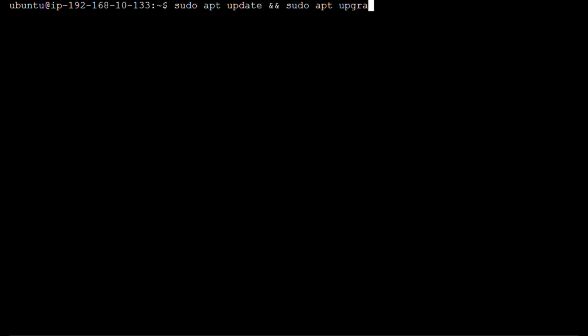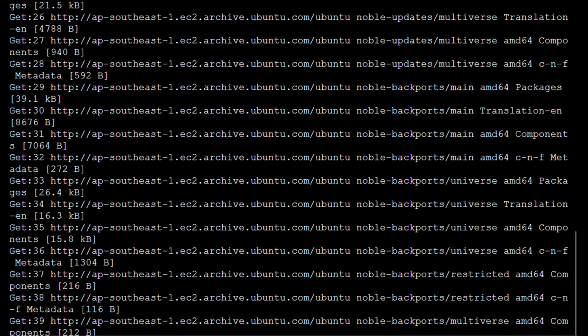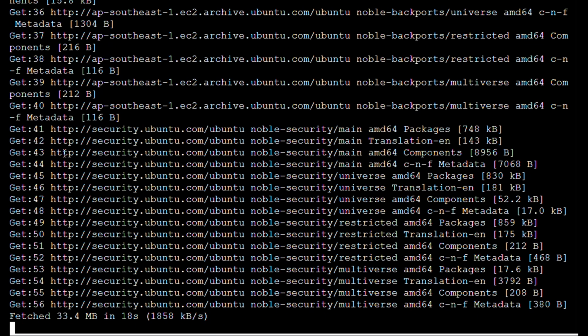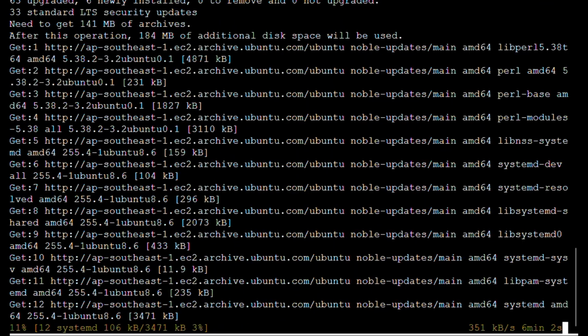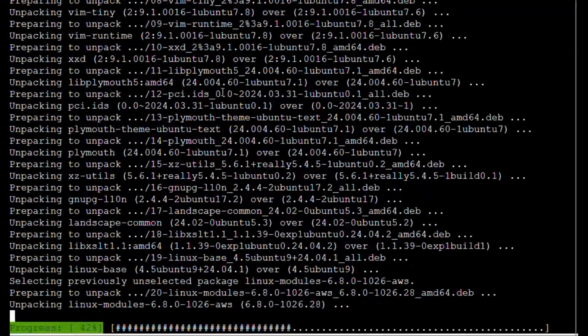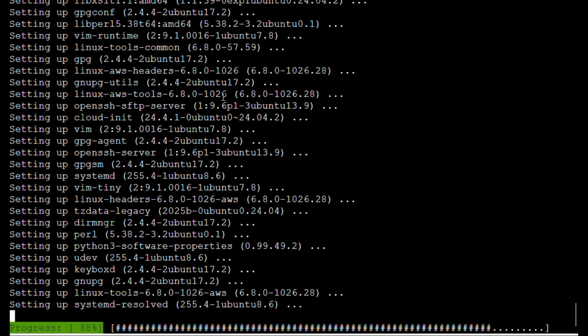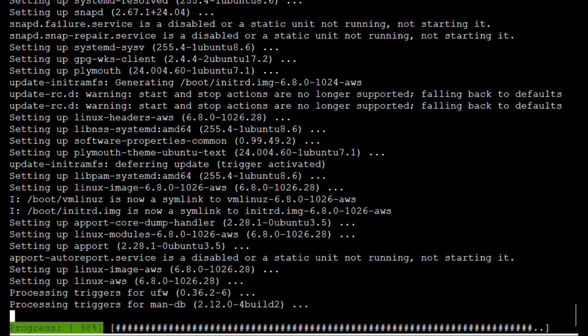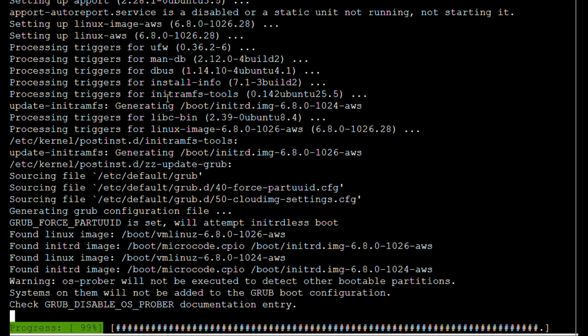To do that, we use the command sudo apt update and sudo apt upgrade and yes to all. And just like that, it will take a few seconds, a few minutes, and all packages are being updated and upgraded. Once that's done, the next thing we're going to do